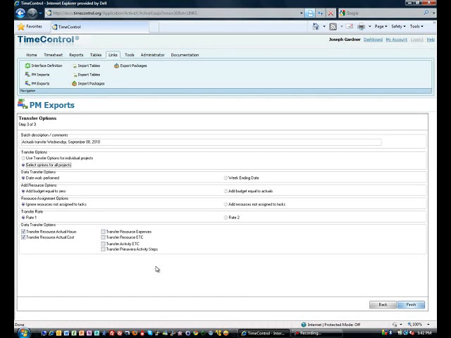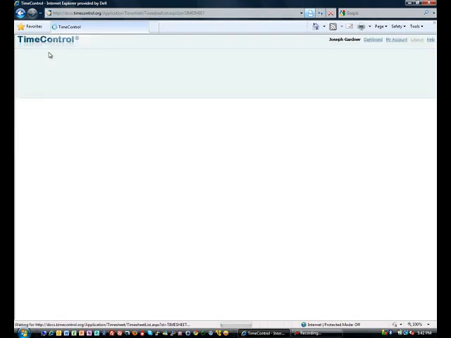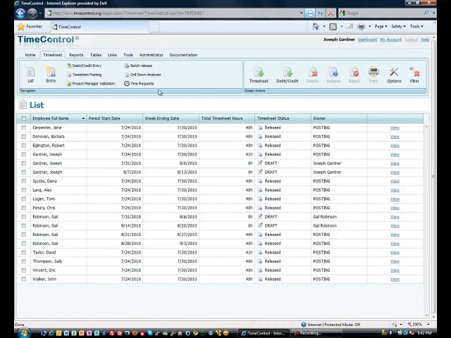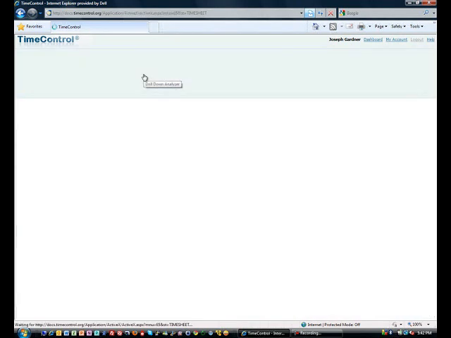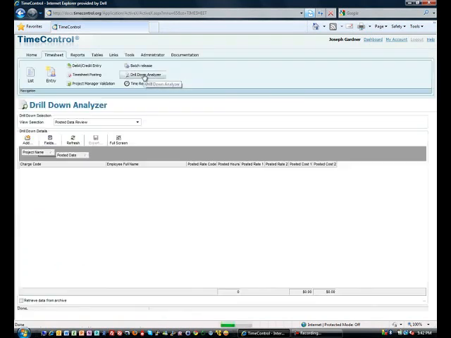Or scheduled information can be moved back and forth whenever we determine is appropriate on a regular scheduled basis, or we can bring items in whenever they're changed from the project tools. One of the other things available to us is to be able to drill down into the data in a very dynamic fashion using something called the drill down analyzer. The drill down analyzer allows us to look at wide varieties of data and then to select that data in